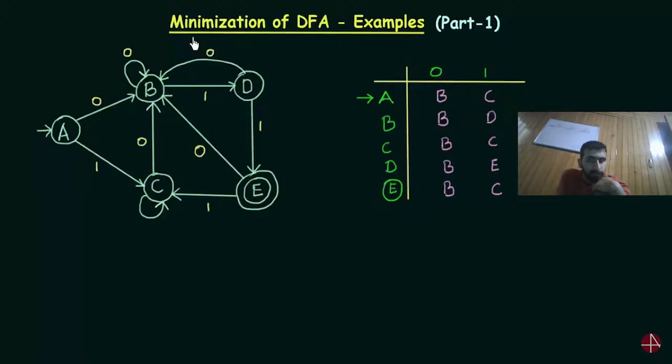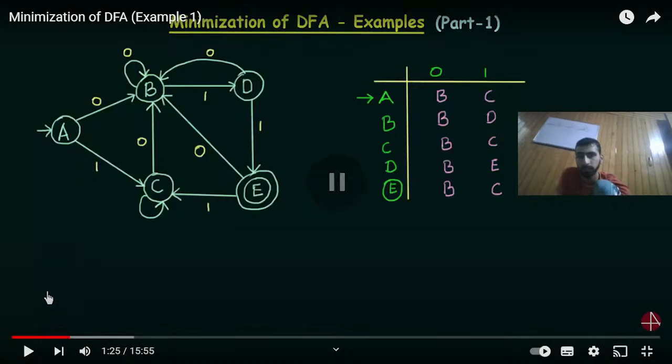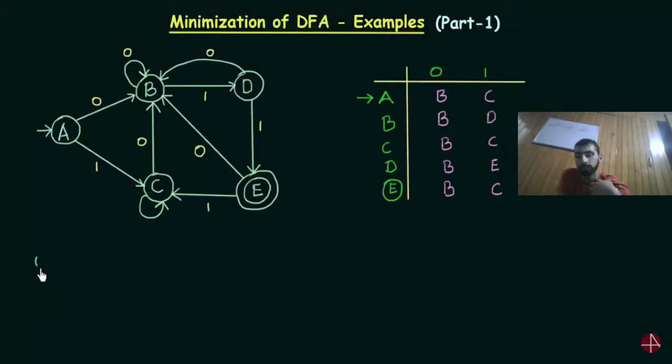Now we have to perform the minimization of this DFA. So in order to do that, we have to start with the 0 equivalence, then we'll go to 1 equivalence, 2 equivalence, and so on. So the first step is to write down the 0 equivalence. So how do we write the 0 equivalence? In order to write down the 0 equivalence,